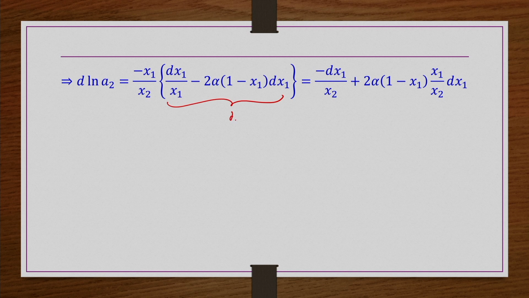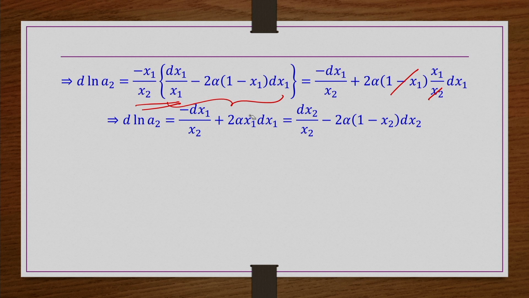This is d ln A1. So, the first two terms when you join together, you have minus dx1 by x2 because x1 and x1 cancel out, and then minus of minus plus 2 alpha (1 minus x1) x1 by x2 dx1. So, this 1 minus x1 and this x2 are the same. So, we have this expression,